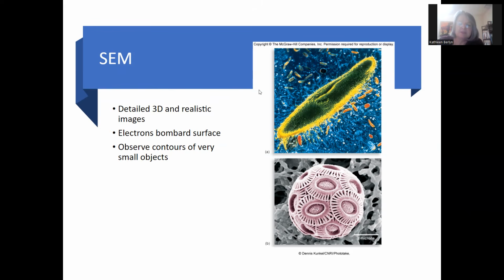Scanning electron microscopy, scanning, what happens there is the electrons come up, they hit the specimen, and they bounce off of it. They're not passing through like we said with transmission, but instead they hit and they bounce off. And so as the beam of electrons bounces off, what you end up with is a three-dimensional image, and you can see exquisite detail on the surface. This is the surface